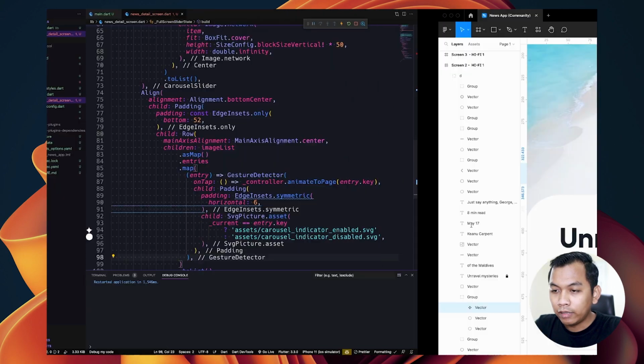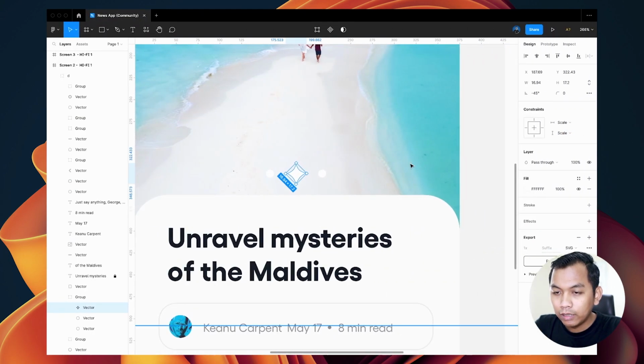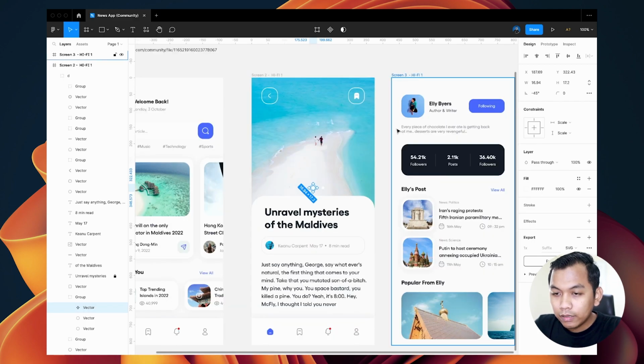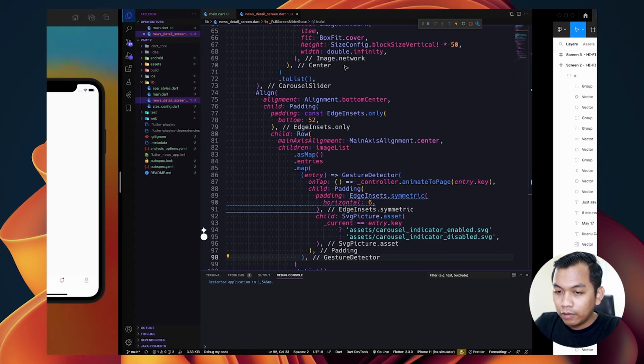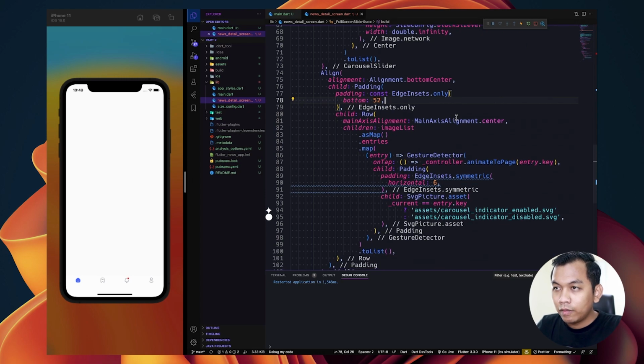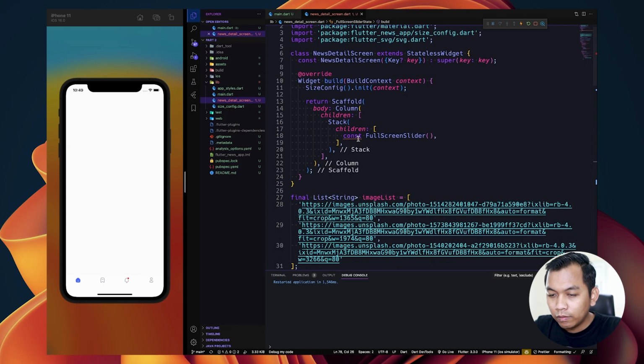So yeah, that's all for this image carousel. And what we need to do is jump into our full screen slider.